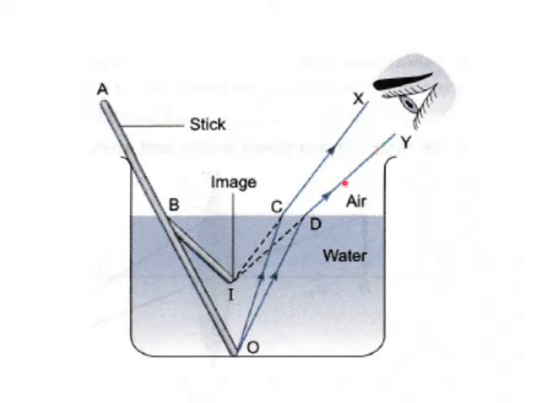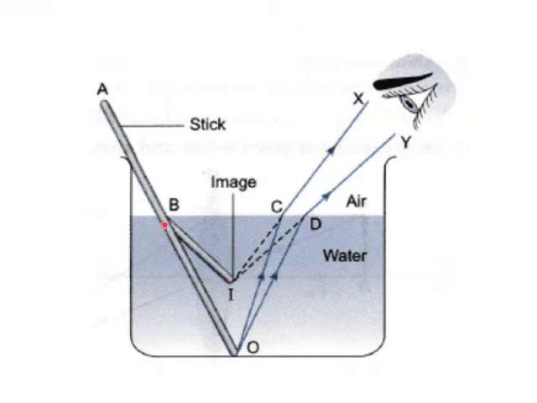But when we extend these rays backwards, we find that they meet at this point I. This is the place where the image is going to be formed. So here also we conclude that when rays move from one transparent medium, that is water, to another transparent medium, that is air, they bend or they change their direction. And this change in the direction of light when it goes from one transparent medium to another is called refraction. And so we find that the stick appears to be bent or broken.